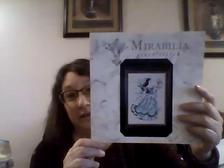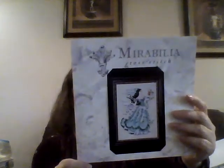I got the new Halloween, which everybody has kind of showed you all that already. I got Olga's Tart. I got 2 Mirabilias. This is Bianca Bella and Fairy Flora. This is one that I didn't really care for at all when I saw it like this,